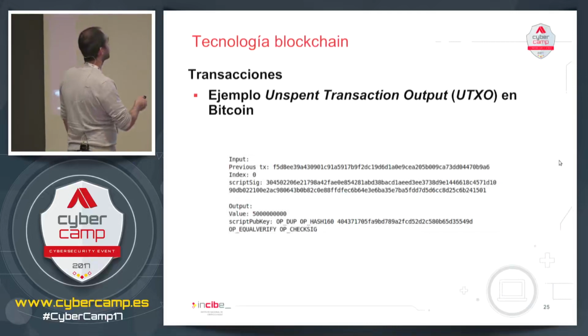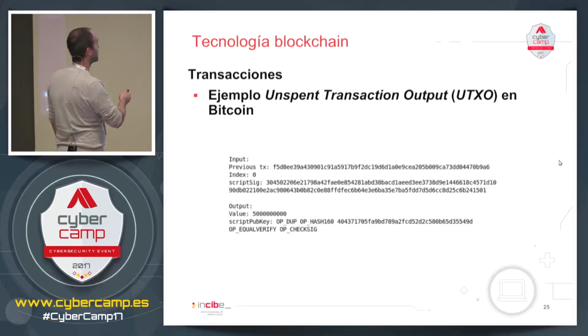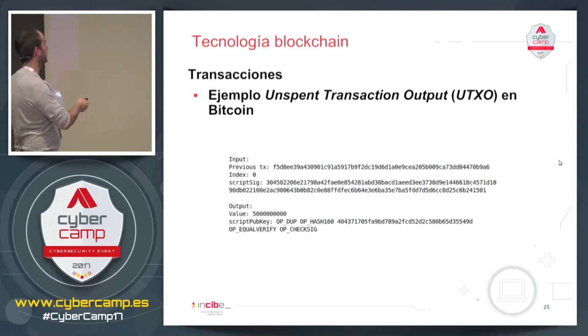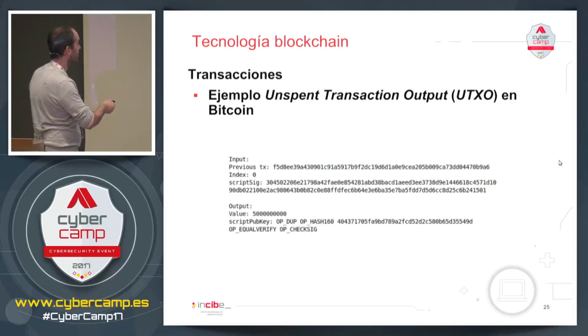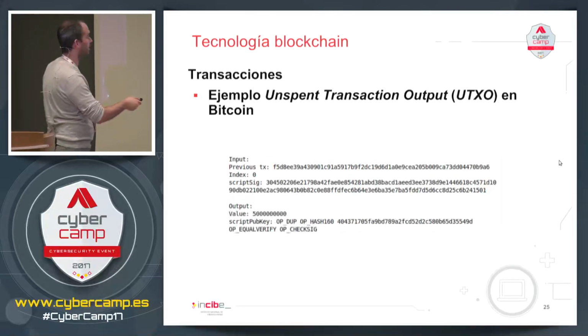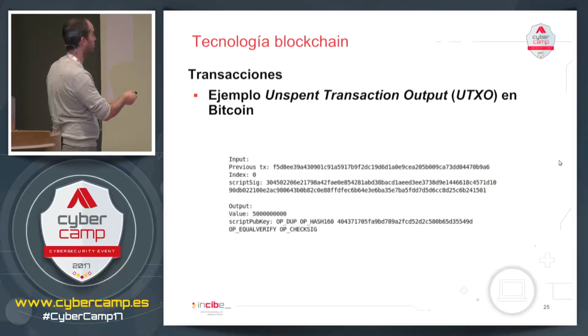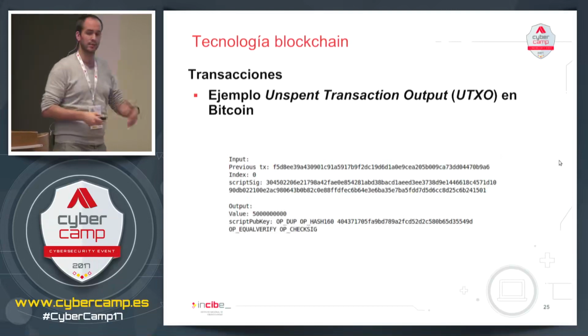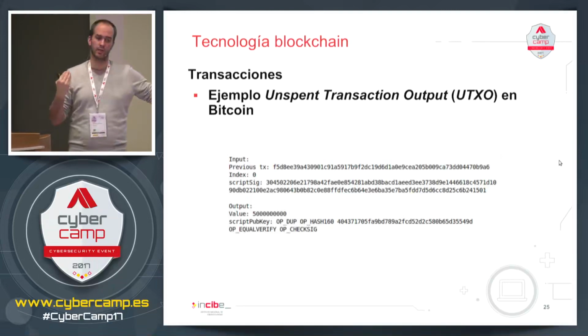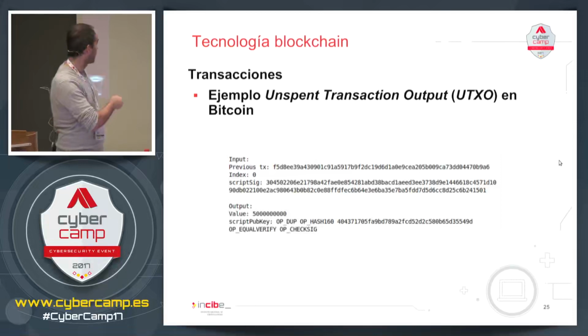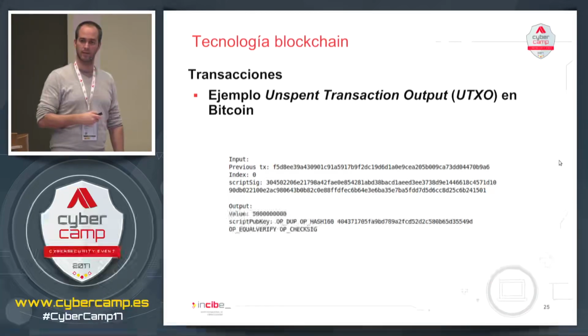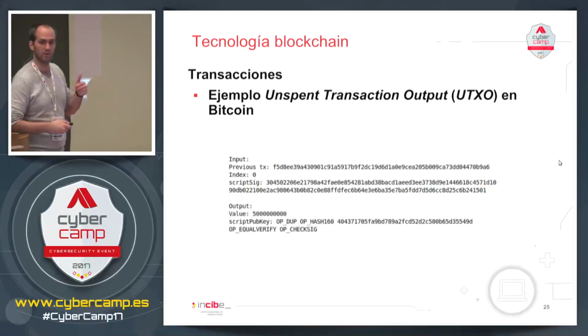Here we've got an example of a Bitcoin transaction. You've got the input, and there's the previous identifier. You've got the digital signature of this transaction, all those numbers and letters, which is the way in which the other nodes can check that I own the private key associated to the public key, which is written in this transaction. Okay, you got it?